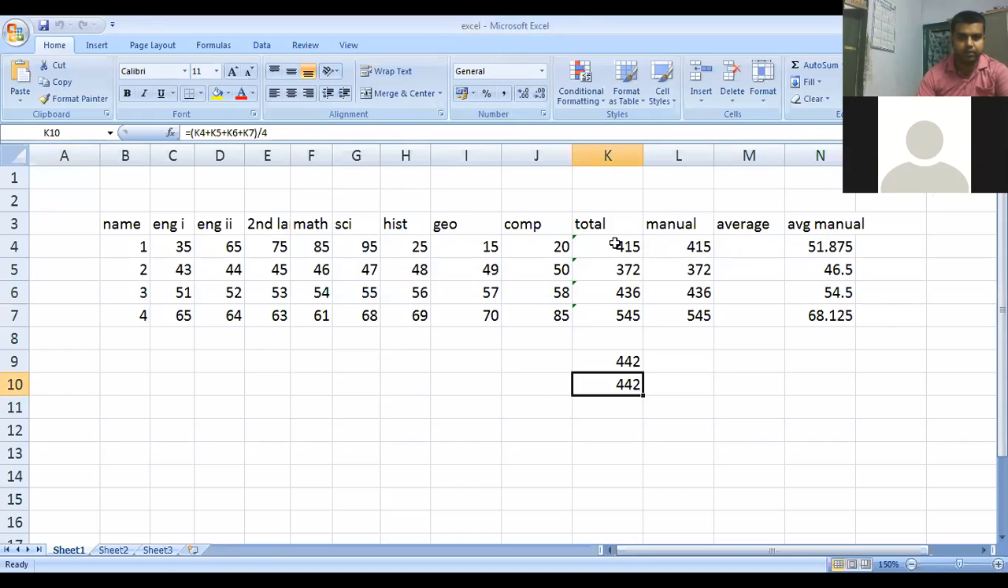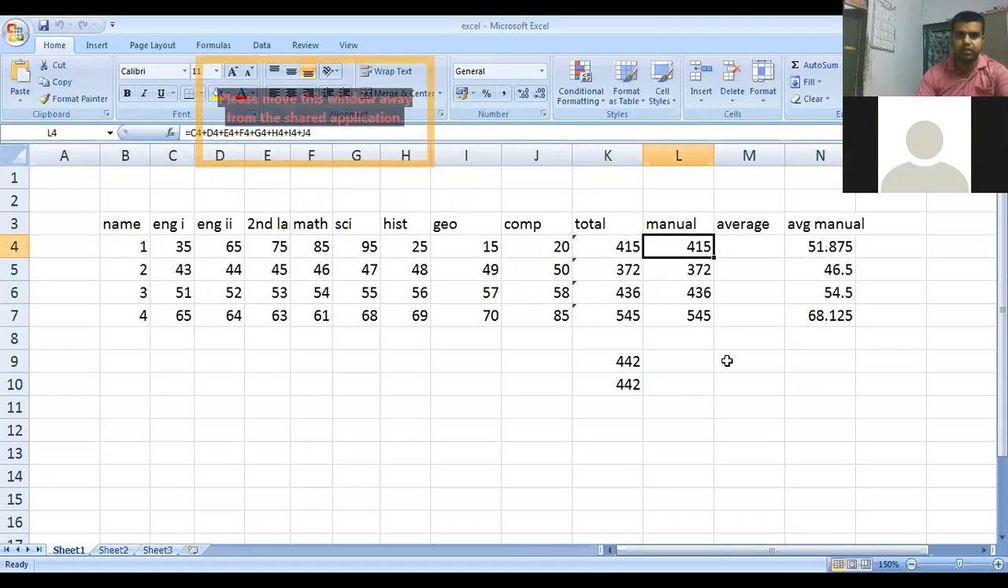As you can see, when we click on any of these totals, it shows the formula. And if we click on this particular part, that is the manual method, you can literally see the operation involving all the cells. Now, the first and foremost thing that you have to understand is